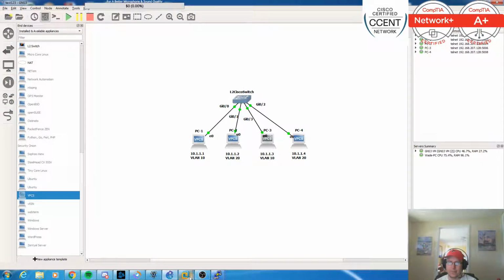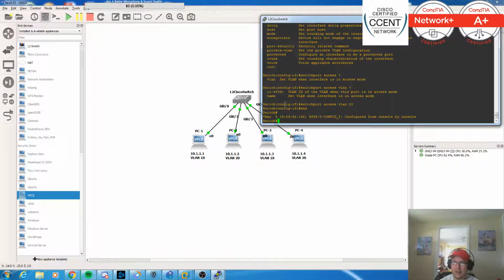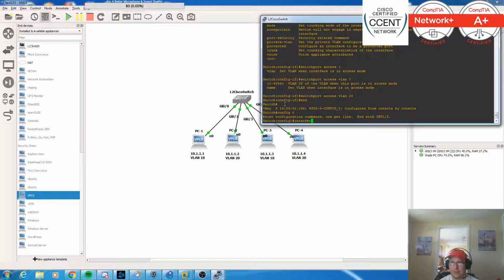So, okay. We've got VLAN 10 assigned on PC1, VLAN 20 assigned on PC2. Neither can communicate with each other or with the other PCs not assigned yet, but 3 and 4 still concurrently connect. So what we're going to do now, back into global configuration mode, interface gigabit